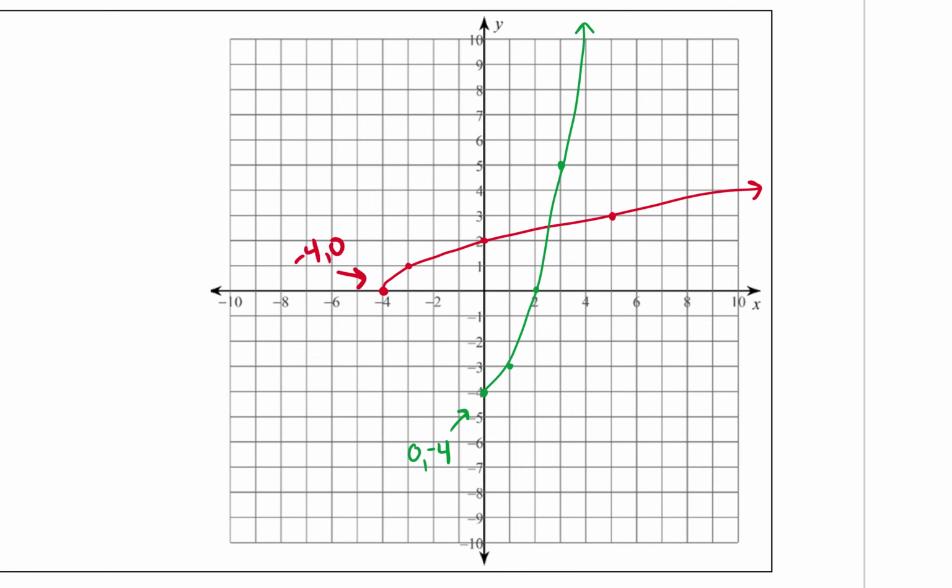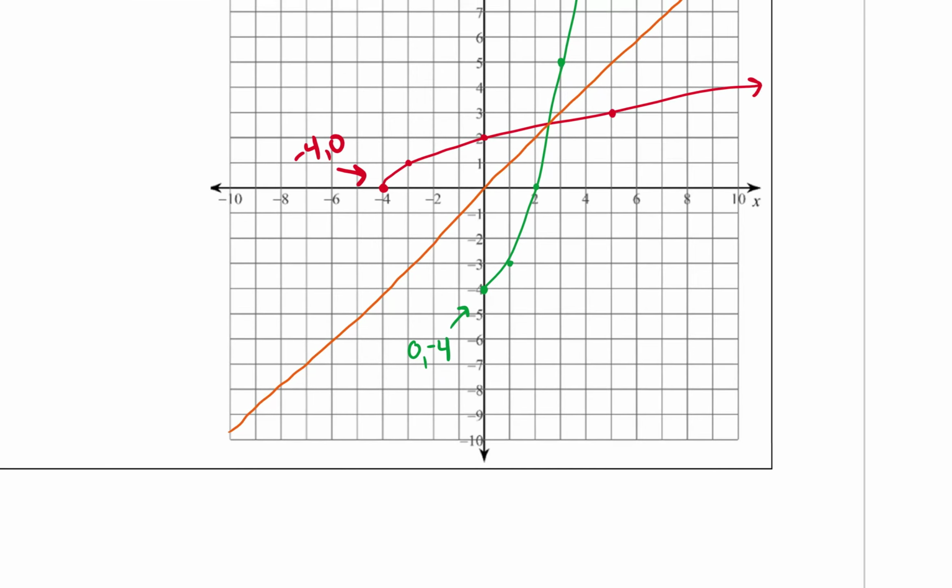If you turn your paper and draw a line through the diagonal, then you should see a mirror image. They cross each other, but it's just like a mirror. That's what you should see when you graph an inverse function. Okay, so they mirror along the diagonal,